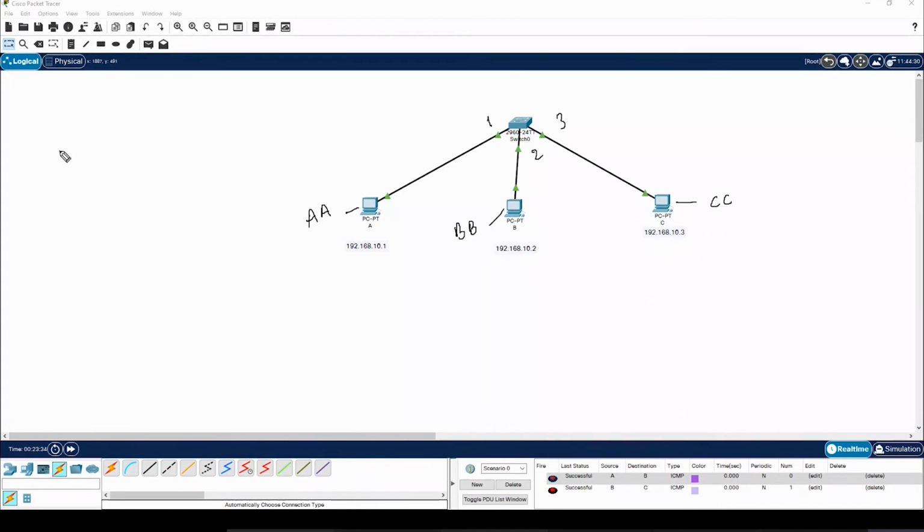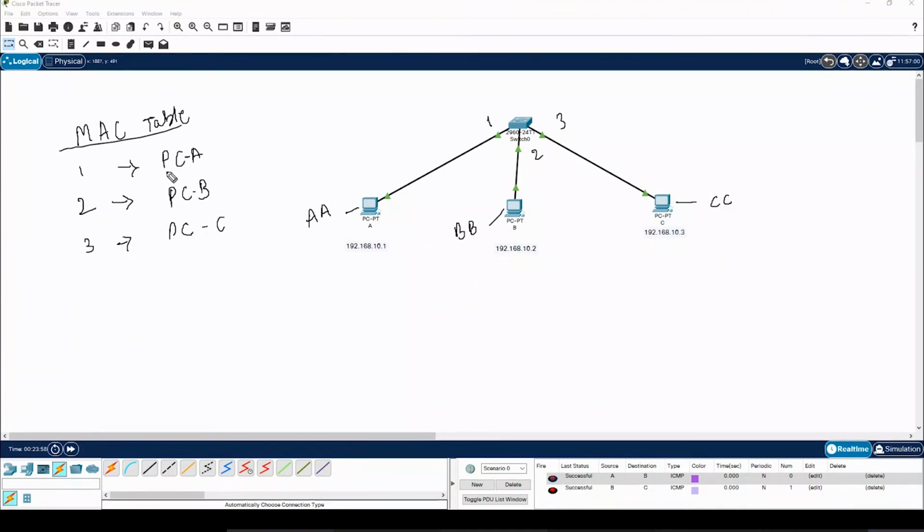So the switch will maintain a MAC address table where it writes that on port number 1 I have PCA, on port number 2 I have PCB, then on port number 3 I have PCC.